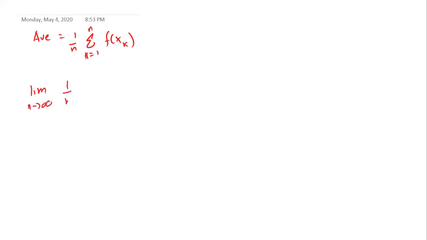So 1 over n times the sum, k equals 1 to n of f of x sub k. If we can somehow give this expression here some sort of finite value, then that would be an average, right? Because really what we're doing is we're taking this finite average and doing it over infinitely many subintervals. Now the trick, how we're going to do this,